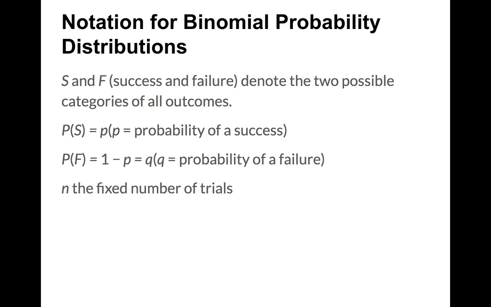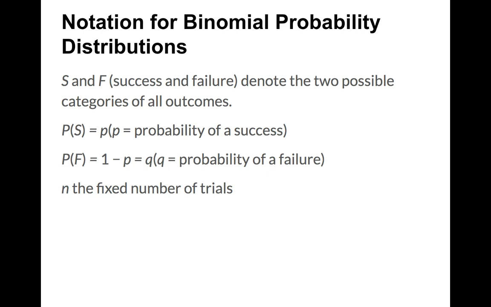Okay, so these are the 2 probabilities that we're dealing with in this problem. That is trial to trial fixed values. Okay, n is the fixed number of trials. So whatever we have going on, say I'm flipping a coin 5 times, that could potentially be a binomial procedure